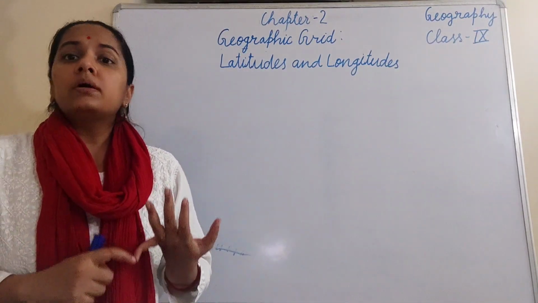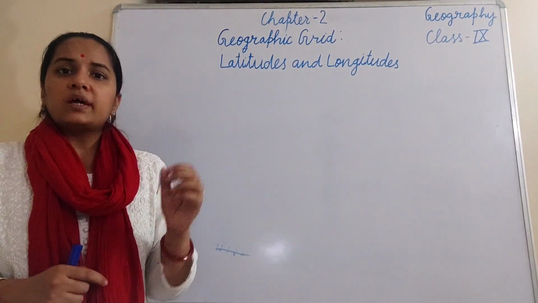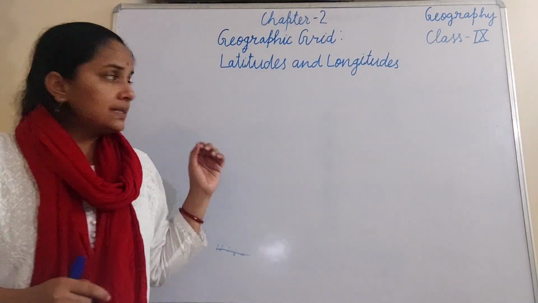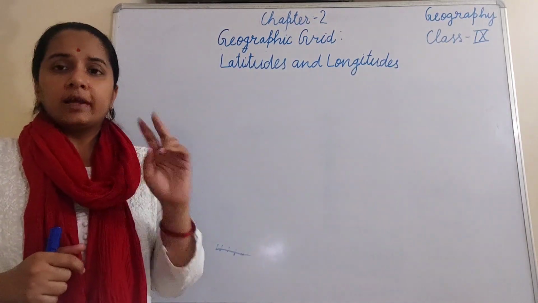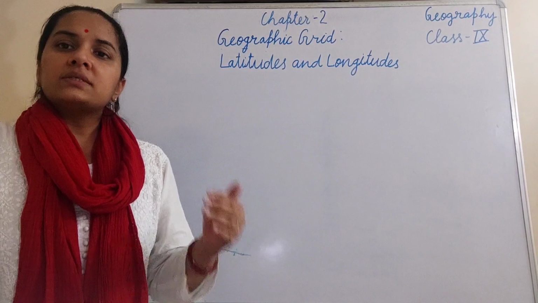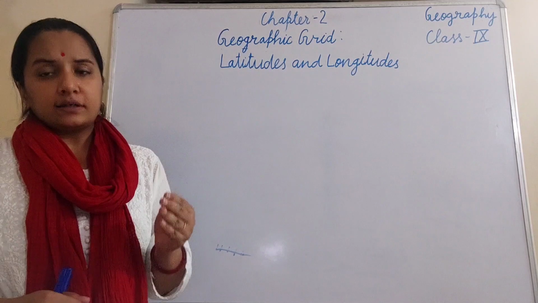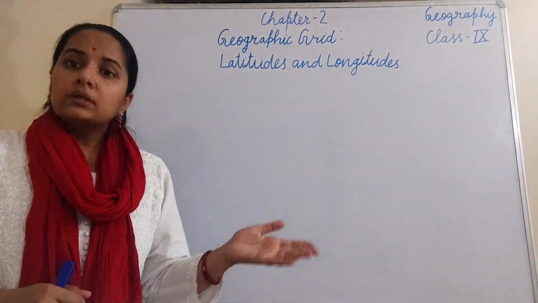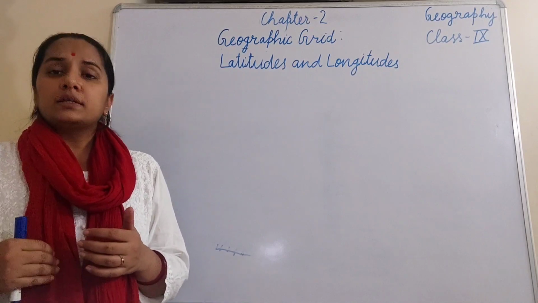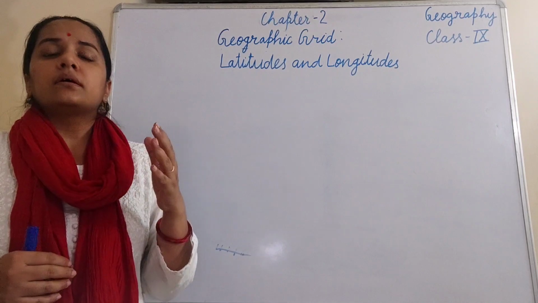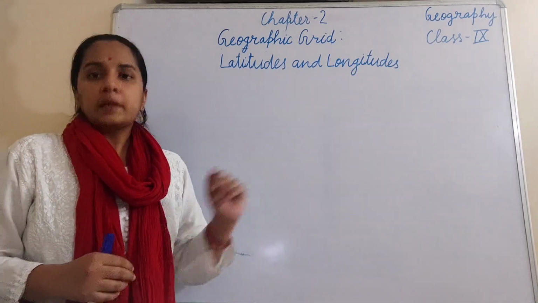We have discussed the main lines of latitudes, the 7 lines. The first one is the equator that lies in between and divides the whole of the earth into 2 equal hemispheres. Then the Tropic of Cancer, Arctic Circle and North Pole. These 3 are the main latitudes which lie in the northern hemisphere, and Tropic of Capricorn, Antarctic Circle and the South Pole. These 3 are important lines of latitude which lie in the southern hemisphere.